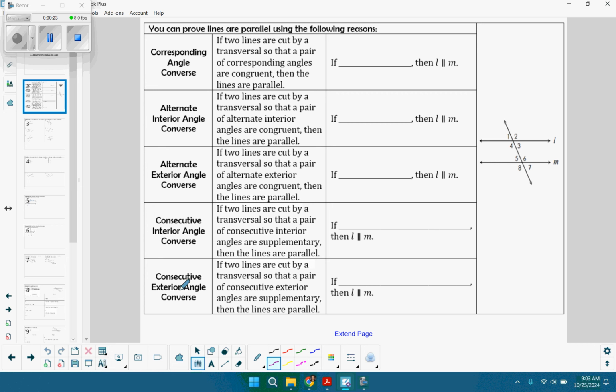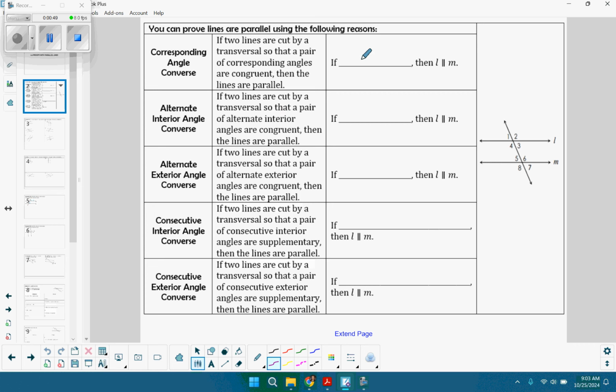So now at the end of these words, we see the word converse. And what that means is we're switching the order of what we knew and what we're proving. So the theorems all started, if two lines are cut by a transversal and they're parallel, then the corresponding angles are congruent. So now it's going the opposite way. We're saying if two lines are cut by a transversal so that the angles are congruent, then the lines are